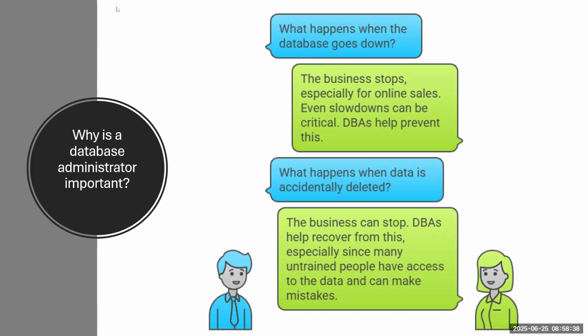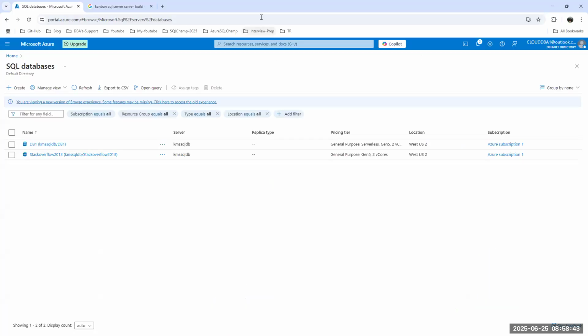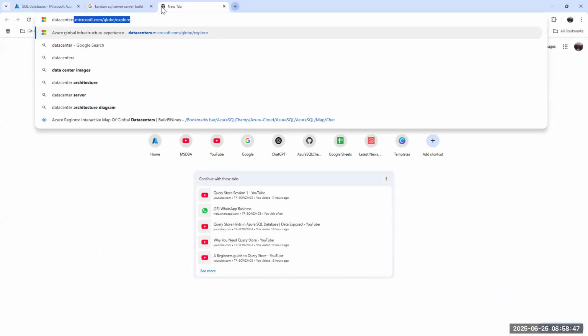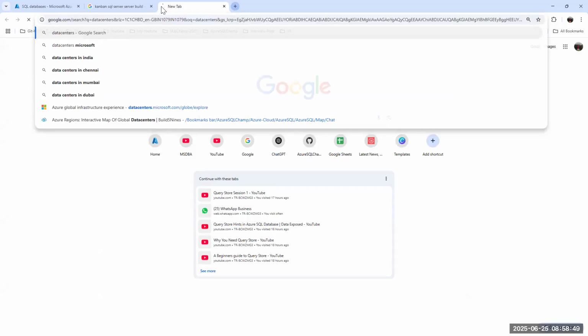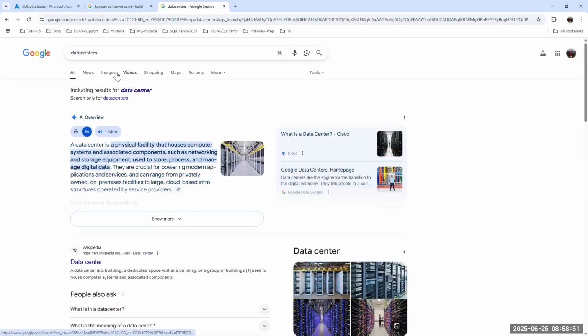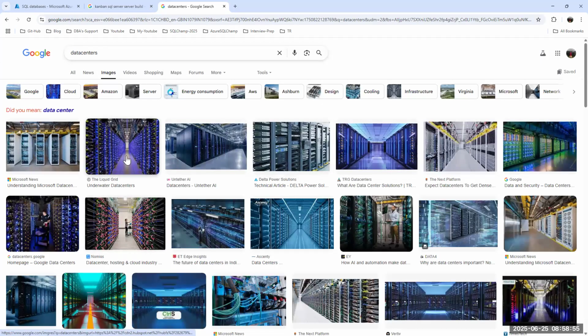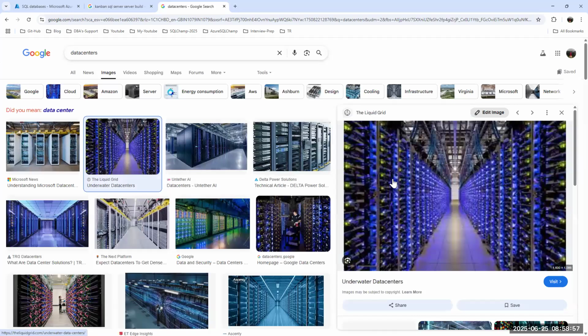Okay, assume this is how your data center looks like. Massive data centers. Technically they call these racks.